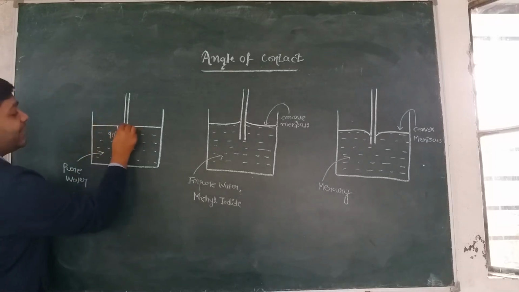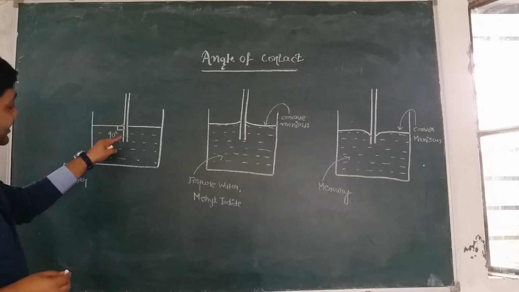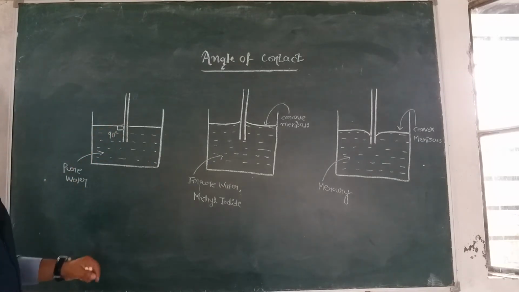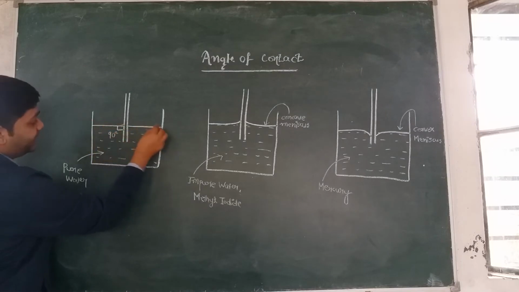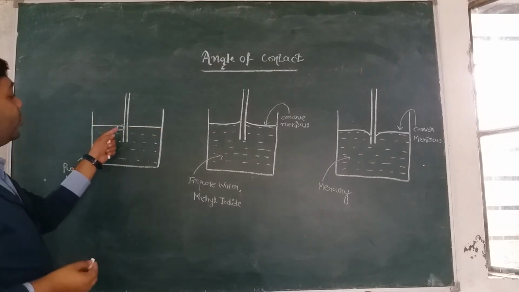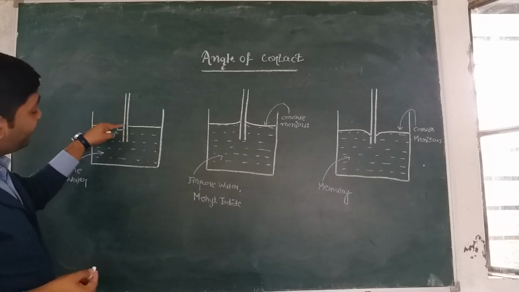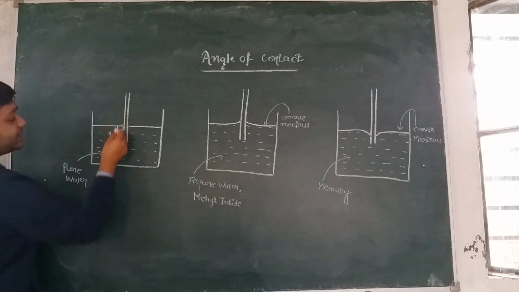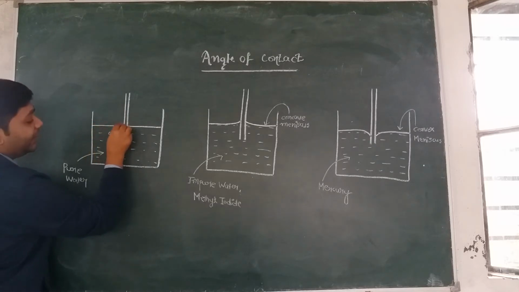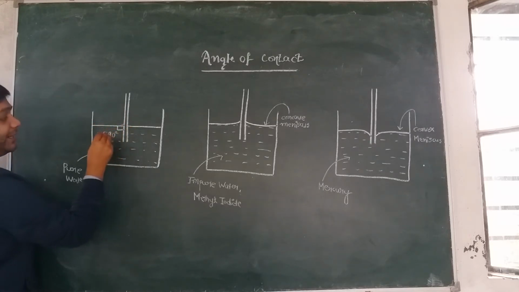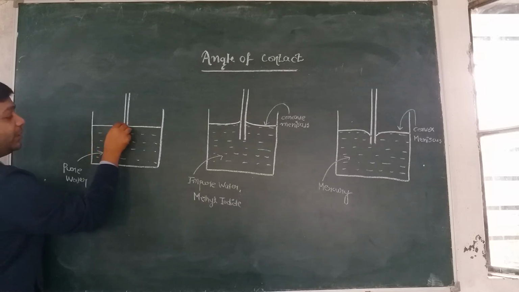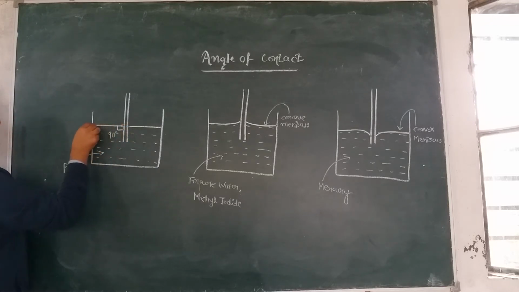Now because this is a tangent and this is a tangent, you can't say this is the angle of contact or this is the angle of contact. It is always measured inside the liquid. In another way, you can also define the rules for drawing the tangent. So let me explain that also to you. While drawing a tangent to the liquid surface, you have to ensure that the tangent is away from the solid surface. Now because this is a solid, if you draw the tangent it will be towards the solid. So you have to draw a tangent such that it is away from the solid. So the tangent will be like this, right?